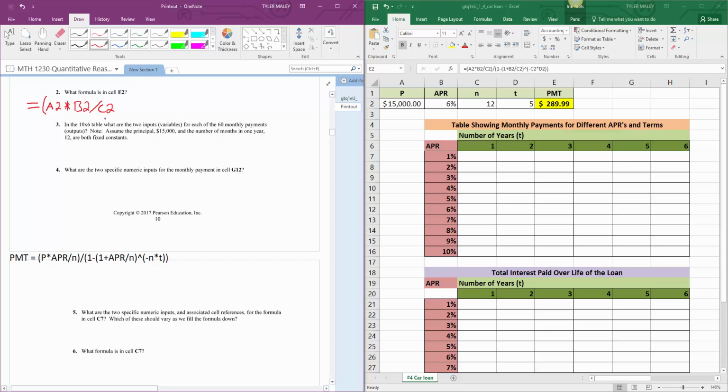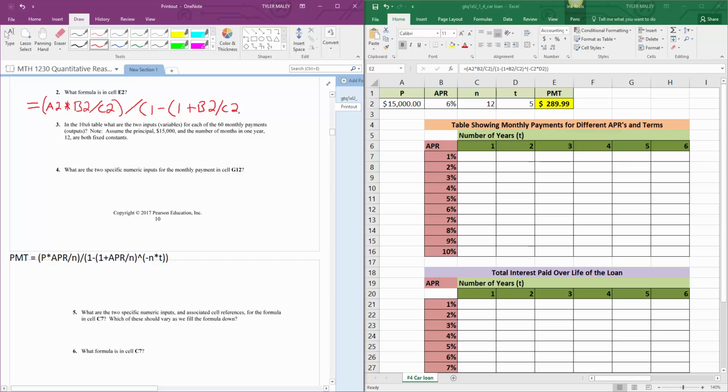Then close the parenthesis, and then divided by, open parenthesis, 1 minus, open parenthesis, 1 plus my APR, B2, divided by N, which is C2,